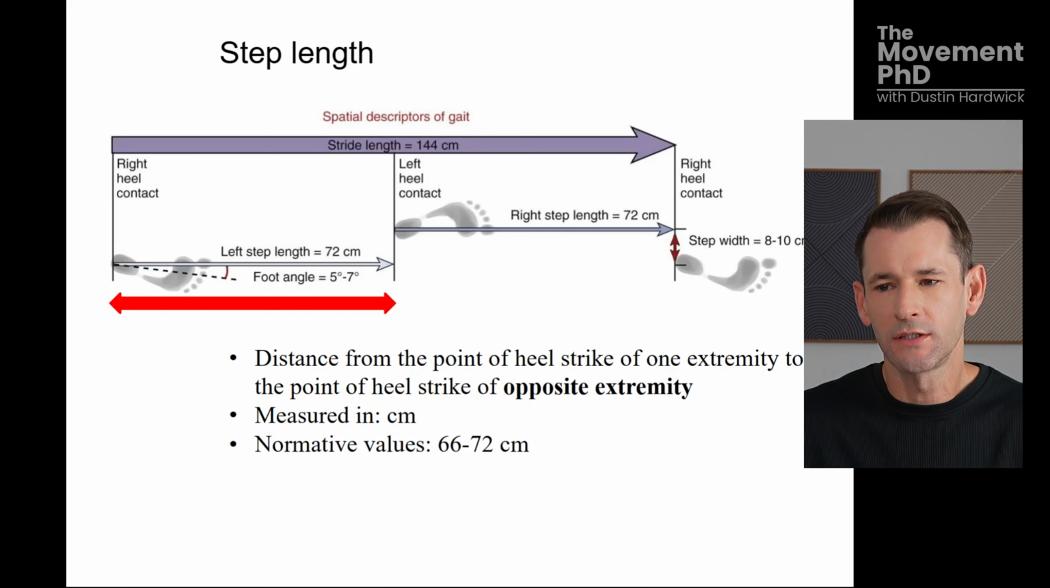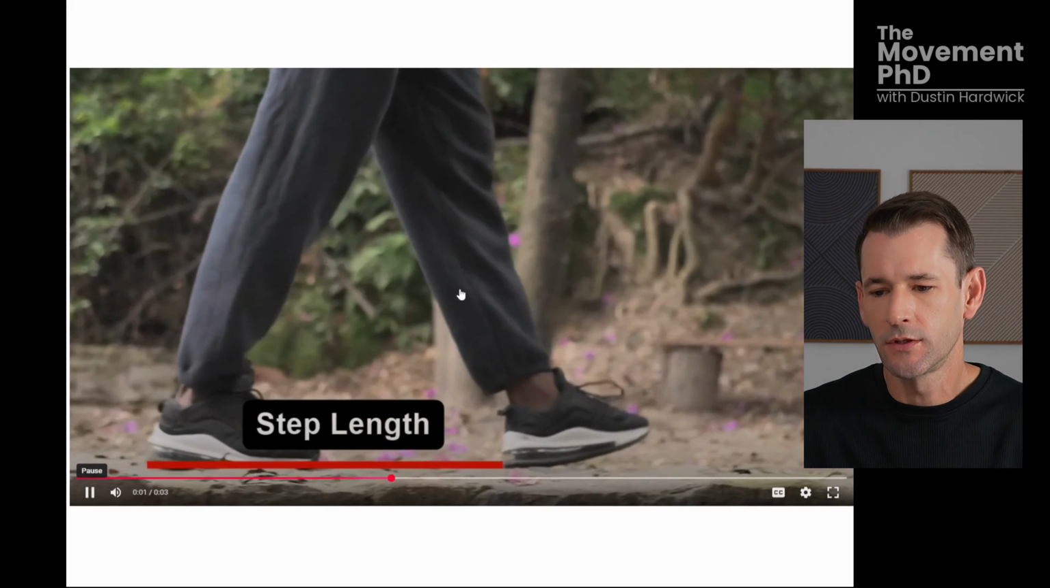The first characteristic we'll talk about is step length. Step length is the distance measured in centimeters between the heel contact of one foot and the heel contact of the opposite foot. So in this example, it's the distance between right heel contact and left heel contact. A normal step length is 66 to 72 centimeters. Here we have a video showing step length. And you can see it is the distance measured by this red line from the right heel contact to the